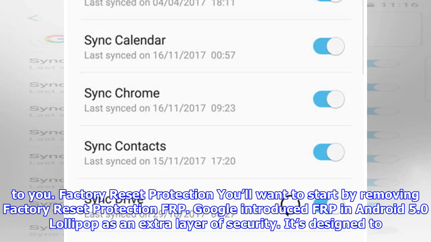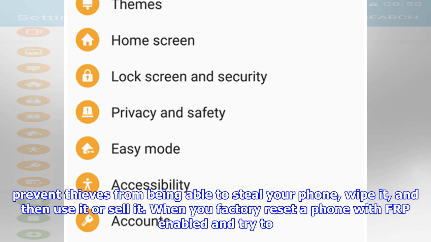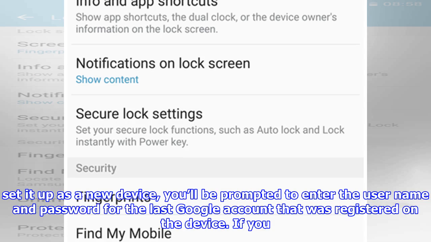Factory reset protection. You'll want to start by removing factory reset protection (FRP). Google introduced FRP in Android 5.0 Lollipop as an extra layer of security. It's designed to prevent thieves from being able to steal your phone, wipe it, and then sell it. When you factory reset a phone with FRP enabled and try to set it up as a new device,